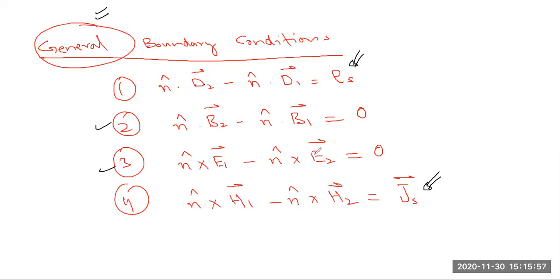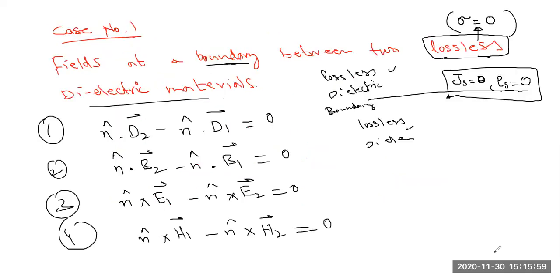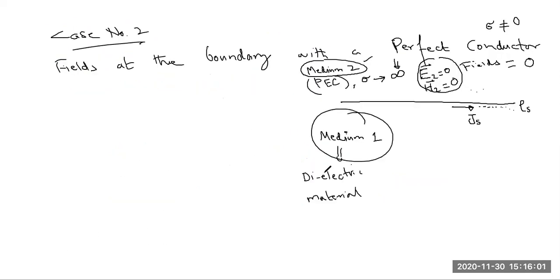हमारे पास सिर्फ और सिर्फ जो fields होंगे वो कौन से region में होंगे, वो सिर्फ medium 1 वाले होंगे। तो अगर मैं इसको notation-wise कहूँ तो मुझे कहना चाहिए कि medium 1 के अंदर जो electric field होगी वो E1 होगी, और medium 1 के अंदर जो magnetic field होगी वो H1 होगी। Medium 1 के अंदर जो electric flux density होगी वो D1 होगी, और medium 1 के अंदर जो magnetic flux density होगी वो B1 होगी।